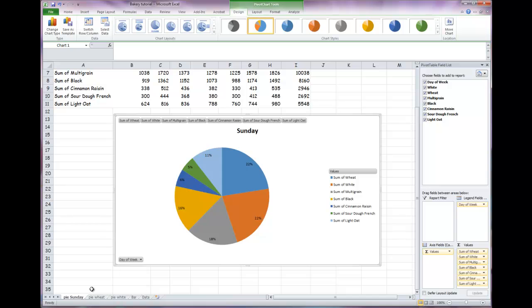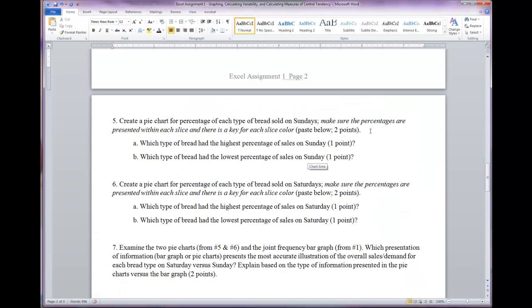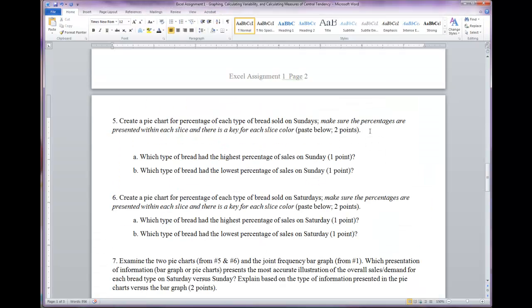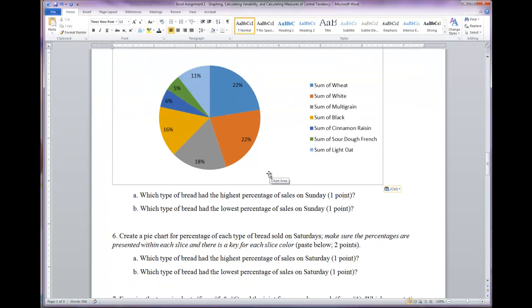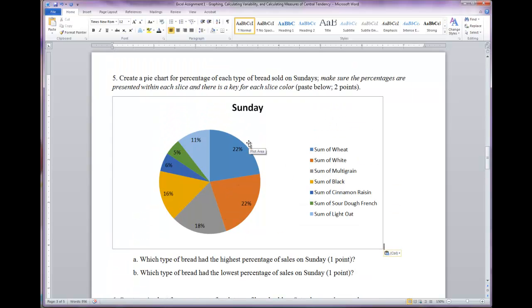And because I copied and worked with a copied graph, all the formatting that we did in these pie charts remain constant. We've still got our percentages here. So I'm going to go ahead, hit Control-C to copy, and then go into my Excel assignment and Control-V to paste. Now you can answer these questions here, looking at, for instance, we can tell that on Sunday, across all 3 Sundays,